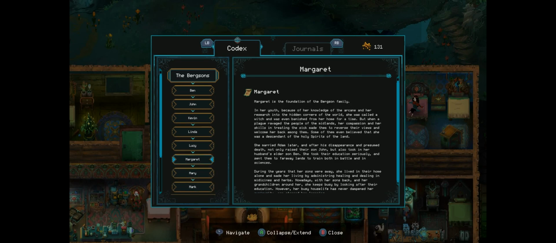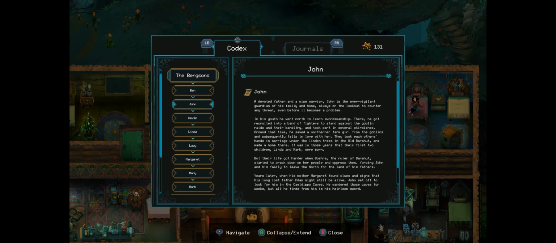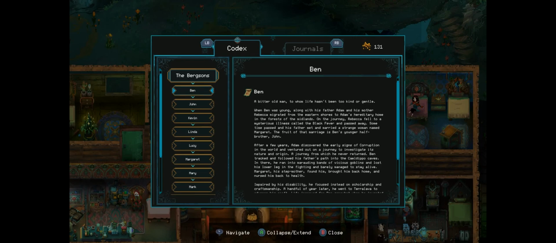I think we've read about everyone else except for Ben. Ben, a bitter old man to whom life hasn't been too kind or gentle. When Ben was young, along with his father Adam and his mother Rebecca, he migrated from the eastern shores to Adam's hereditary home in the forests of the Midlands. On the journey, Rebecca fell to a mysterious illness called the Black Fever and passed away. Some time passed and his father met and married a strange woman named Margaret. The fruit of that marriage is Ben's younger half-brother, John. After a few years, Adam discovered their early...